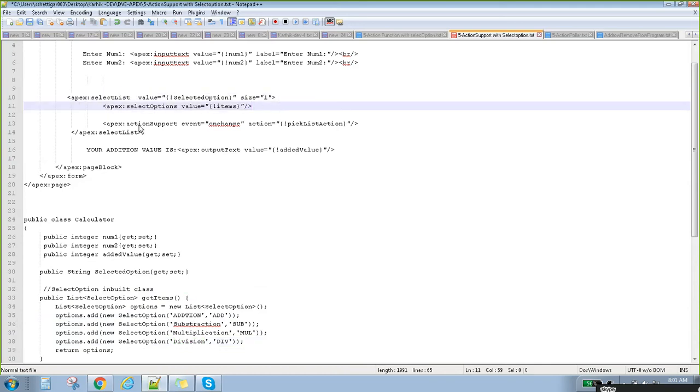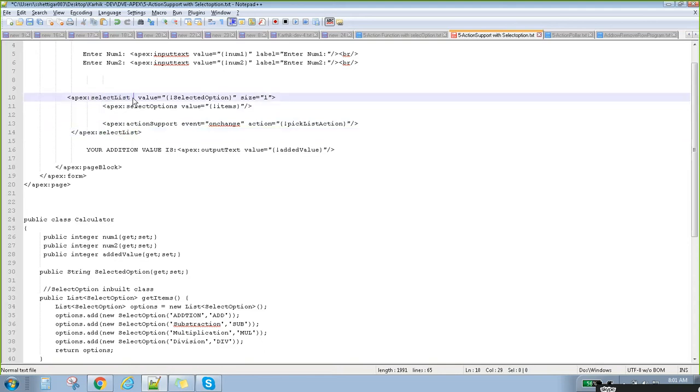Action support is a child of this particular tag, select list. If you see here, there is an attribute called event. We can mention onchange, or onkeyup, onkeydown, or mouseover, mouse double click. These are mouse events.